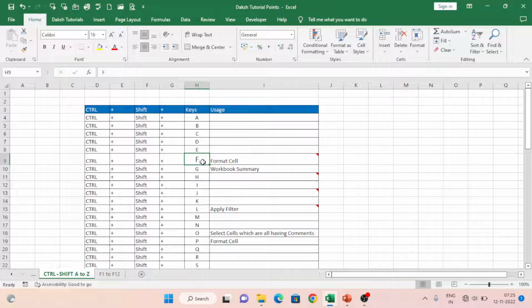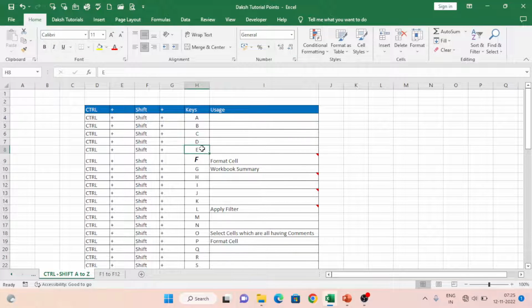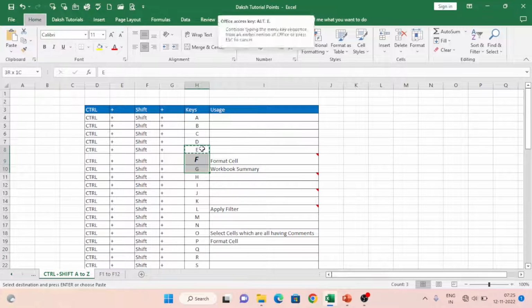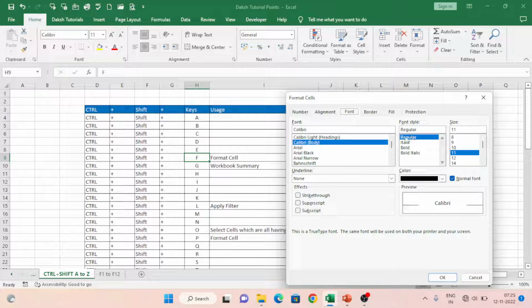So let me put it to bold italic. And if I press Ctrl Shift F again, you see it is bold italic and Calibri, and the size. If I change it back to regular, using paste format, and push Ctrl Shift F again, you observe that it is regular text, Calibri,